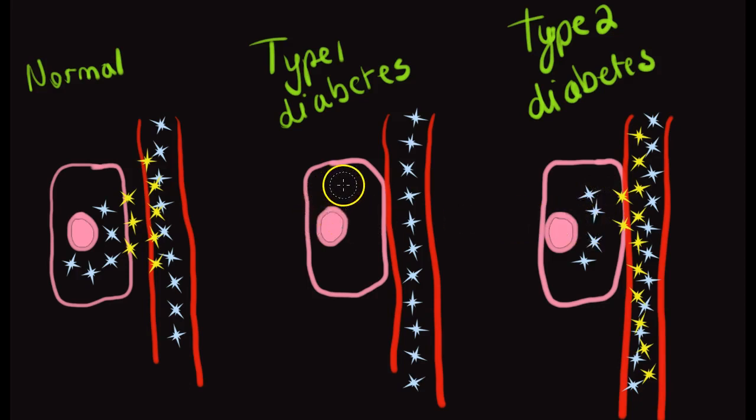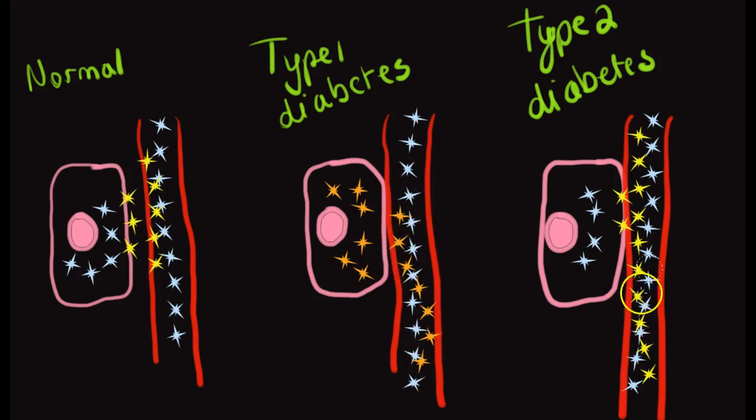Now, of course, in the type 1 diabetic, the glucose cannot make it into the cell without the insulin, and therefore what it will use is the fats right here in the cell. It will burn the fats to create ATP and then kick out some of the products of fat metabolism into the bloodstream, which are ketones, and then you will see an elevated level of ketones in a type 1 diabetic. So in a type 1 diabetic, you'll have elevated glucose, no insulin, and you'll have some ketones,